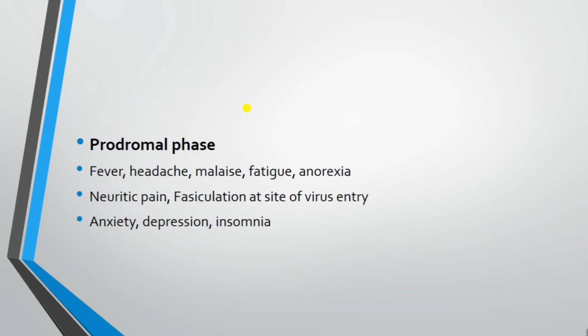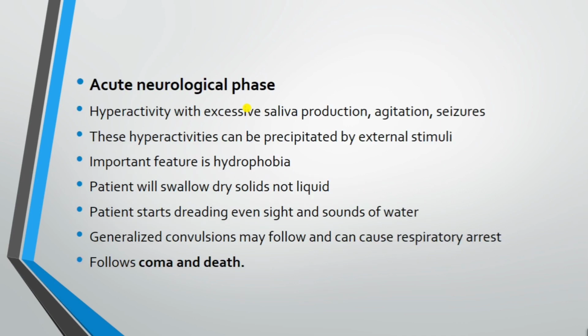First is the prodromal phase, where the patient will manifest with fever, headache, malaise, fatigue, and anorexia. Neuritic pain and fasciculation at the site of virus entry are also seen, and later it progresses to anxiety, depression, and insomnia. Next is the acute neurological phase where the patient will show hyperactivity with excessive saliva production,